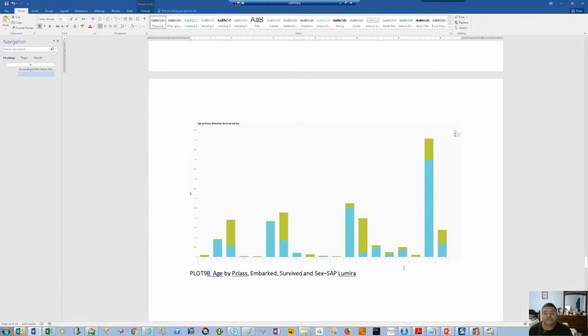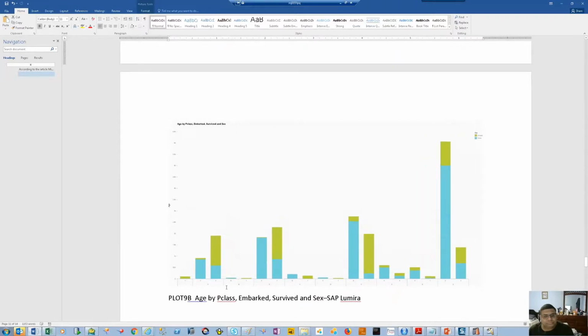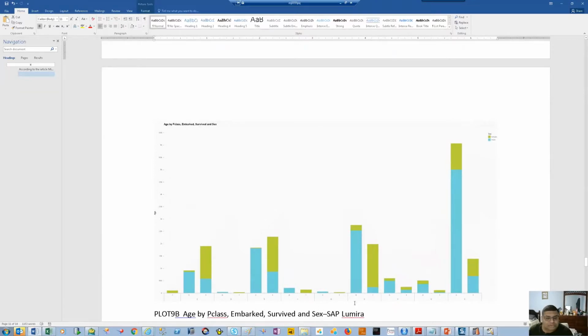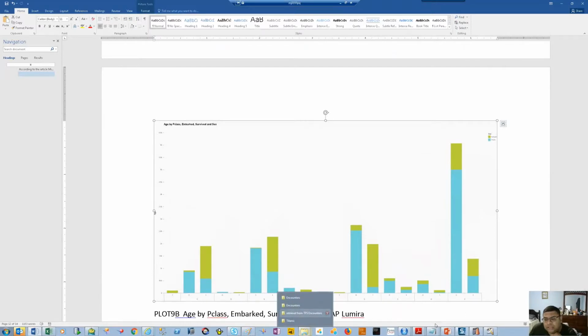This is a chart that I created in SAP Lumira. You can see I was able to combine the ports as well as I did the same thing that I did earlier, except that the males and the females were stacked one upon the other, just to show the totality of people who survived and who did not, and how much of a percentage were males over the females. If you look at Cherbourg here, the number of people who survived were mostly females, and same thing here in Southampton. The same thing here in